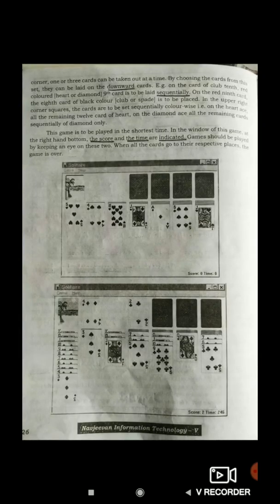By clicking the set of cards at the upper corner, one or 3 cards can be taken out at a time. By choosing cards from this set, they can be laid on the downward cards. For example, on the card of club, we'll come to the example later.